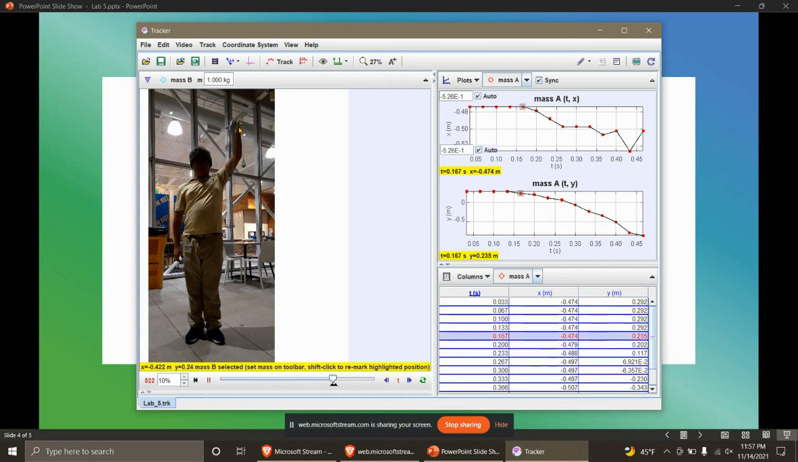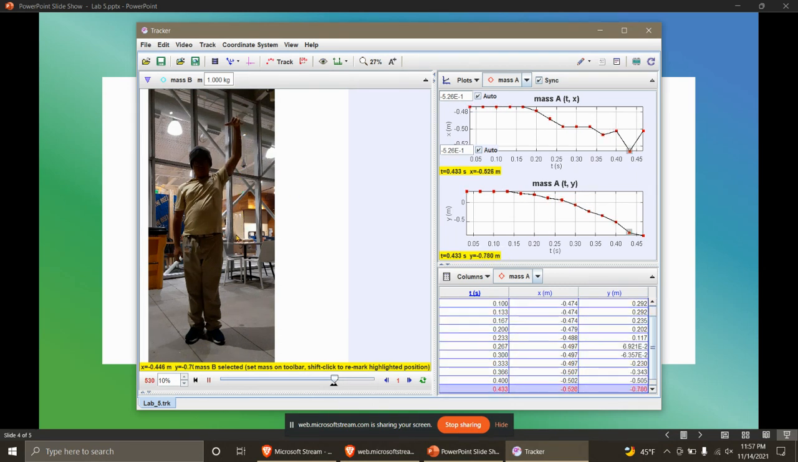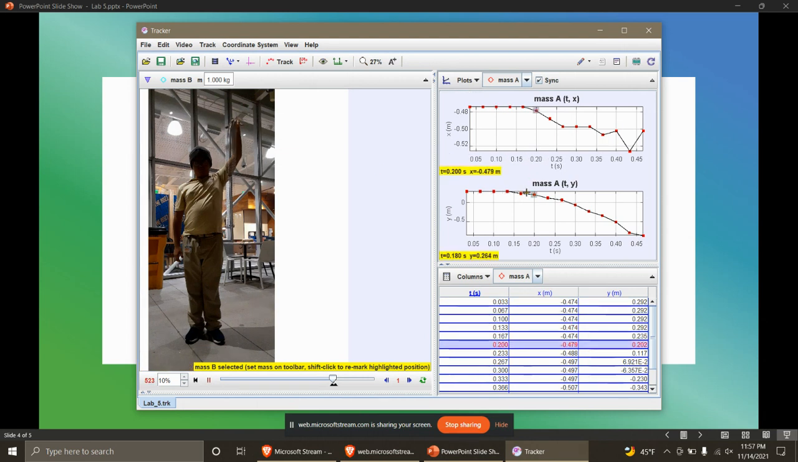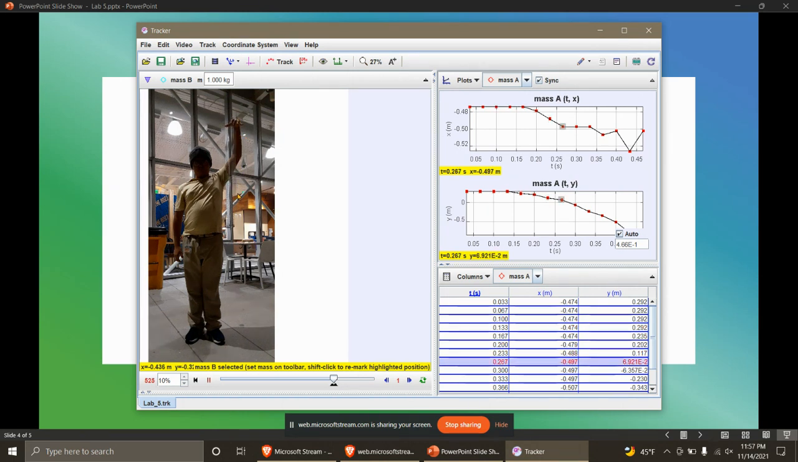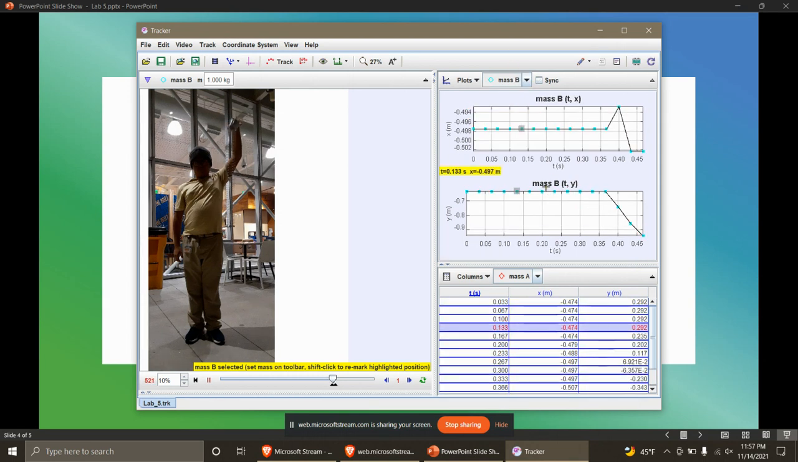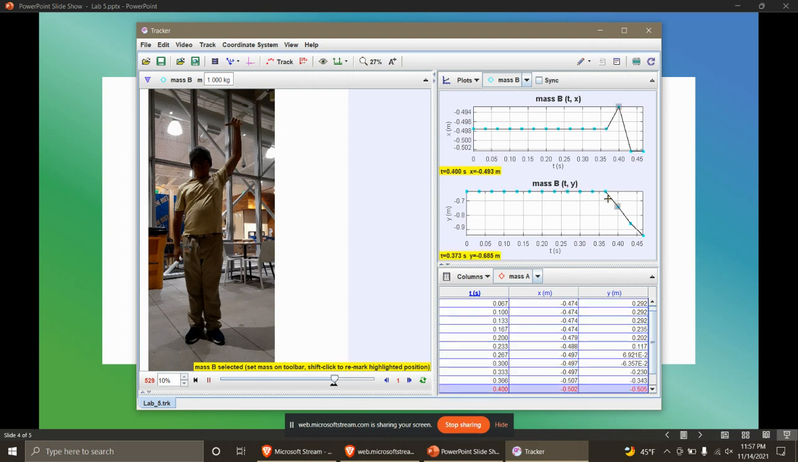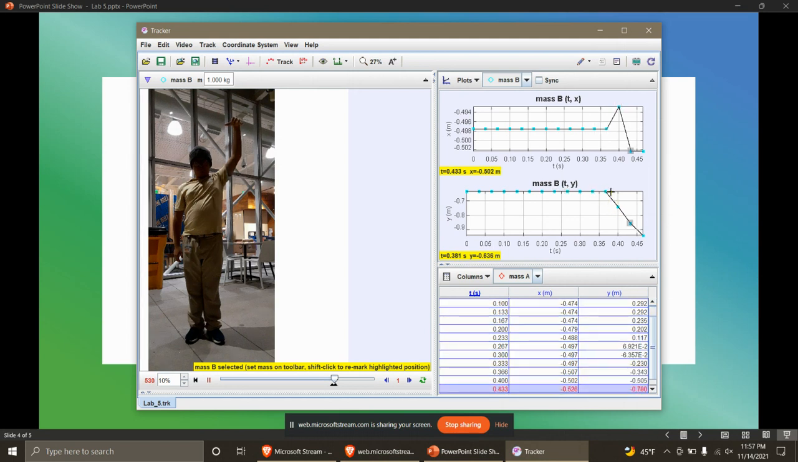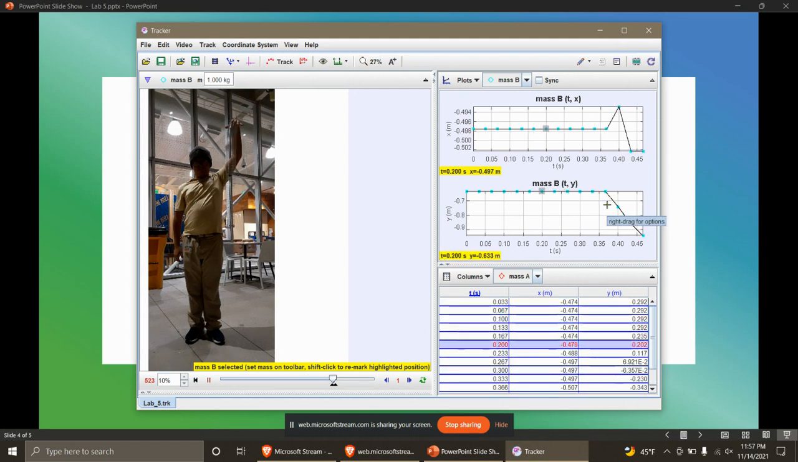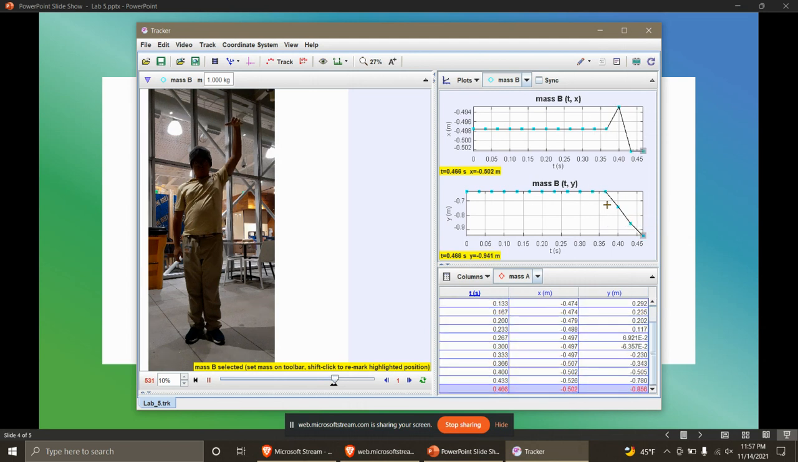Here you see the Slinky, and as it's dropping, here's the bottom of it, and it's going down. This is the graph of the top part when it's going down. And as you can see, they both go down in unison at around 0.4 seconds. And this is mass B, which you can see is flat until around 0.35 to 0.4